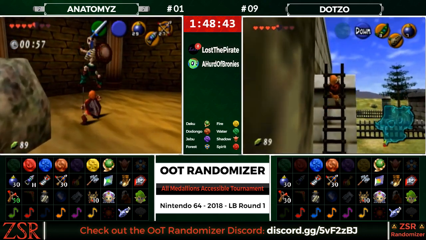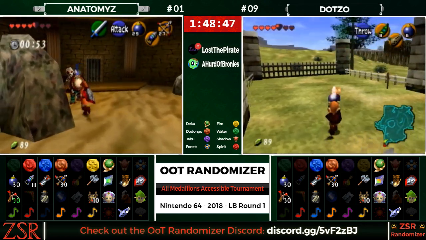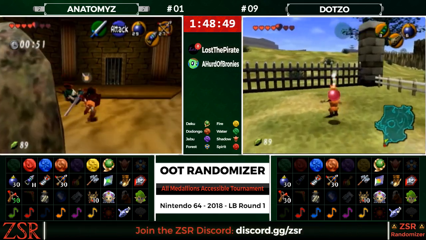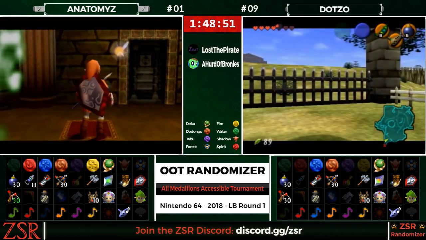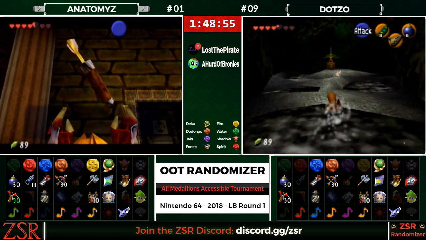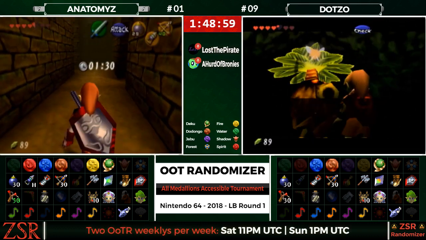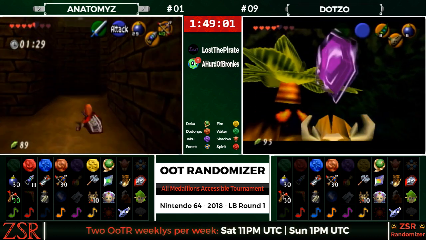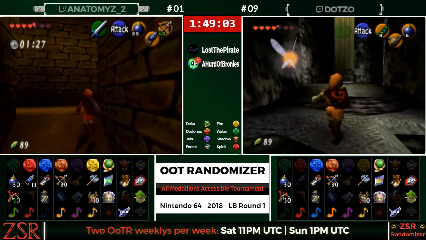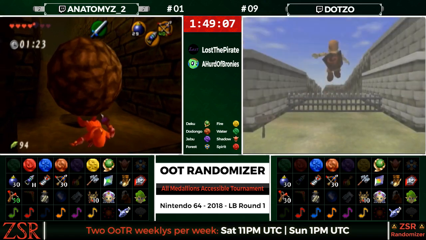So Anatomy Z now inside GTG, checking things out here, and also checking the scrub outside Lake Hylia. Now, ATZ finding a GTG quiver. Yeah, the GTG play on ATZ's side, that kind of seems sort of crazy because